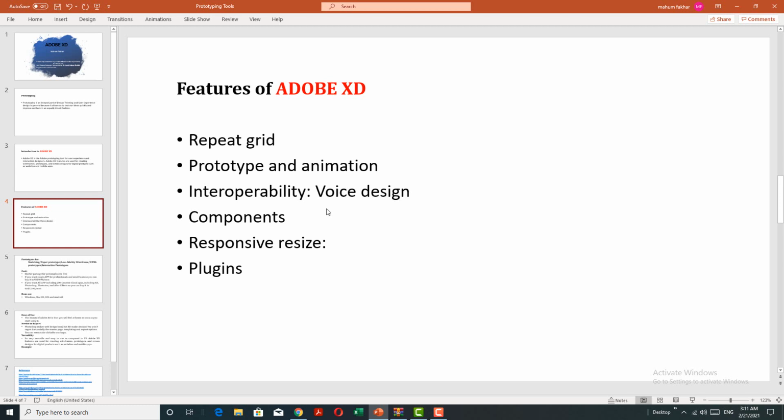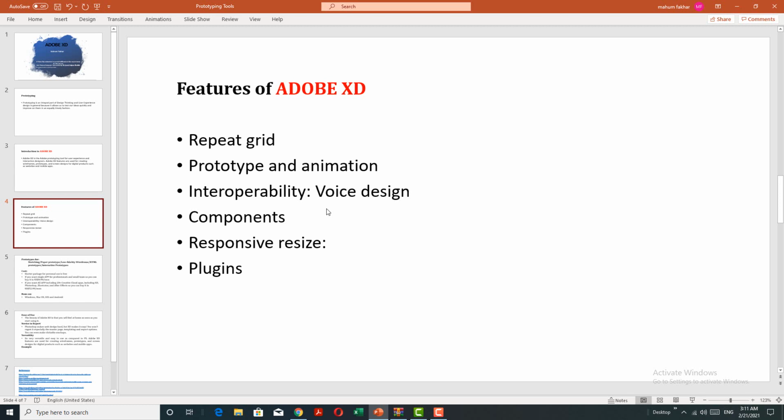Interoperability means that XD supports and can open files from Illustrator, Photoshop, Photoshop Sketch, and After Effects. In addition to the Adobe Creative Cloud, XD can also connect to other tools and services such as Slack and Microsoft Teams to collaborate. XD is also able to auto-adjust and move smoothly from Mac OS to Windows. For security, prototypes can be sent with password protection to ensure full disclosure.